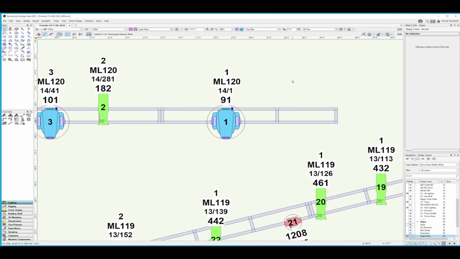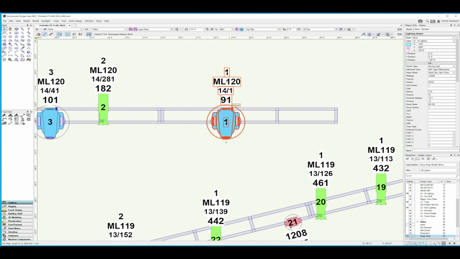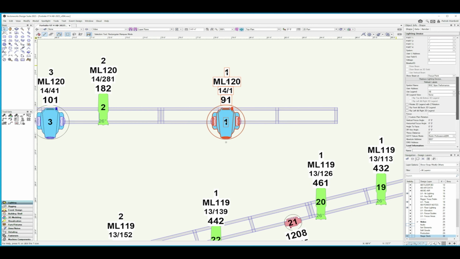So now that we have them in here, if you hadn't already done a plot, you could use the fixture insertion tool and insert them and do all that. But since this already existed, all I had to do was attach it to them. So I knew this one was a Viper, and if I scroll down a little bit here on the right, I can see where I would add this GDTF fixture mode, and that's where I would actually pick this.